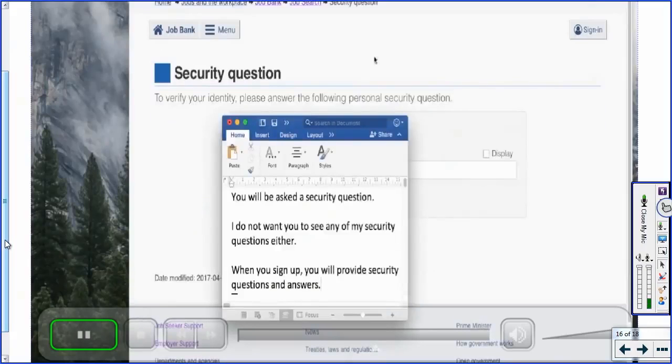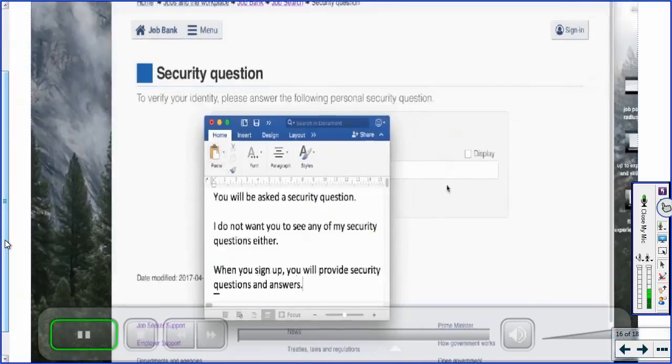Okay, the next part asks you to answer a security question to verify your identity. Now, I don't want you to see any of my security questions either, but you should know that when you sign up, you will provide security questions and answers. Check out my separate video on signing up for more details on this.